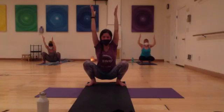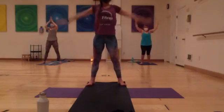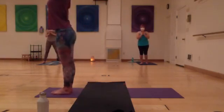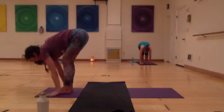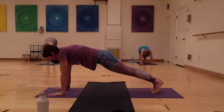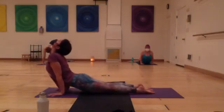And we're going to come out of it the same way we came in. Excellent. Circle sweep your arms, hands to heart center. Circle sweep arms up. Come all the way down to the mat. Halfway lift with the hands on the mat. Hop, skip, jump, or walk to the back. Hold this plank for 5, 4, 3, 2, Chaturanga Dandasana. Upward facing dog